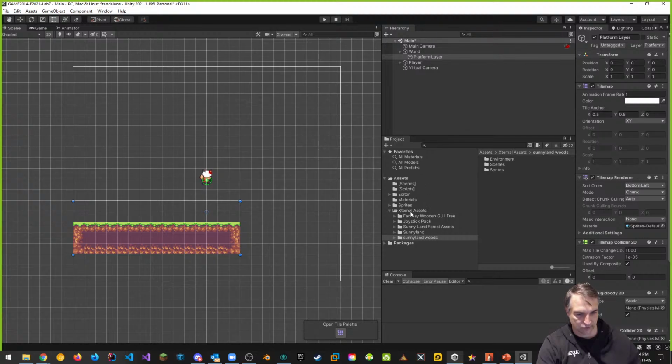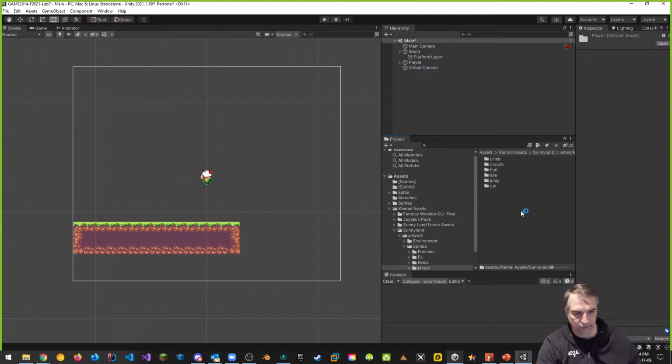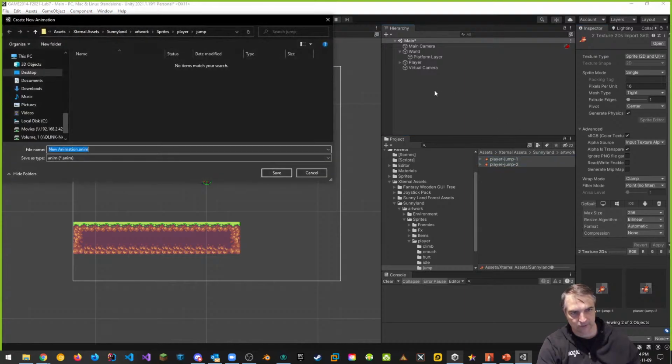So again, I'm going to go into the external assets, into Sunnyland, and into artwork under sprites player, and we see that there are several different animations. I'm going to select the jump animation first, select those 2 frames, change the pixels per unit to 16, and select my resize algorithm to bilinear, click apply. And then I'm going to drag and drop those 2 things into the scene, and it's asking me where I want them. I'm going to put them inside of sprites, animation, and let's just rename this thing as the